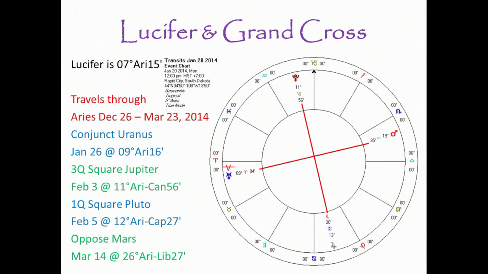And I have to make my own when I'm doing my PowerPoint shows. You see here's the archetype for Lucifer. It's a V with a line across it. You've seen it showing up on some of my slides. I don't have an ability to just naturally put it in there, although I think that Solar Fire software does that. But as of today, Lucifer was 7 degrees Aries, 15 minutes, and you can see that it's less than